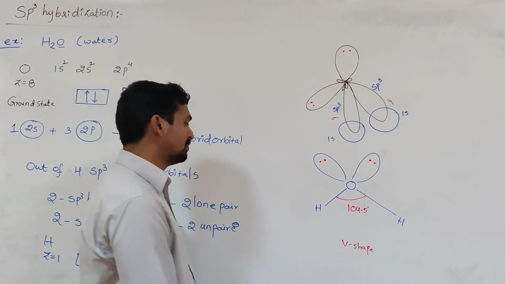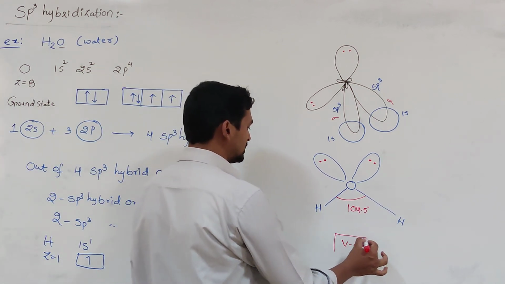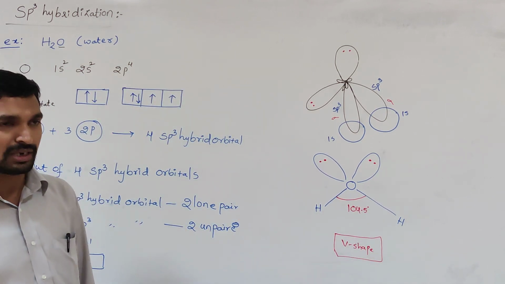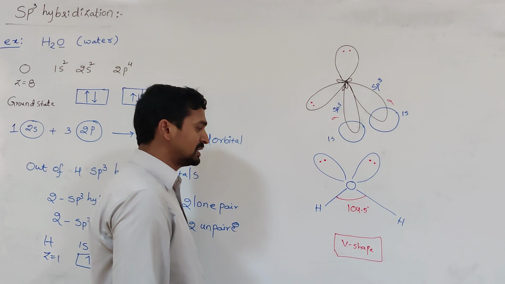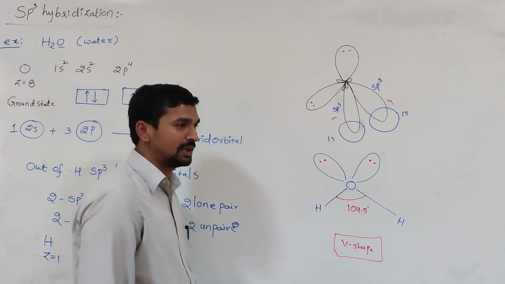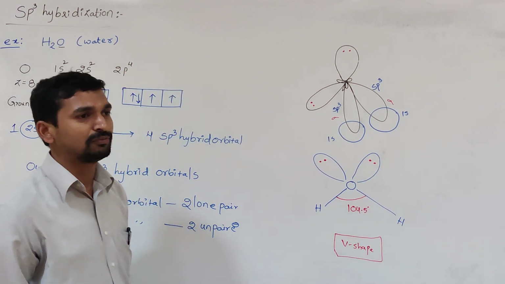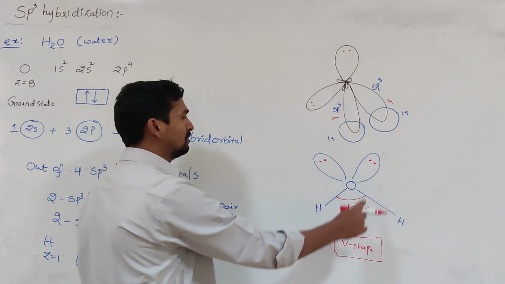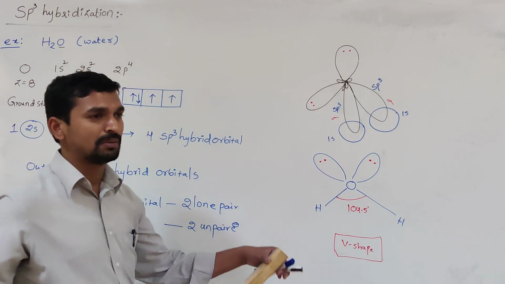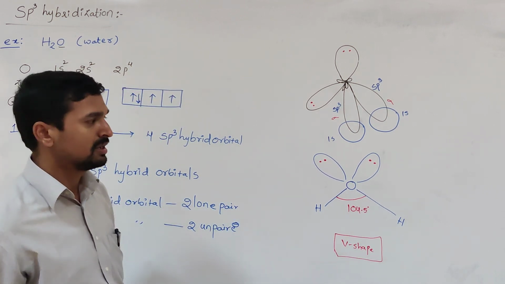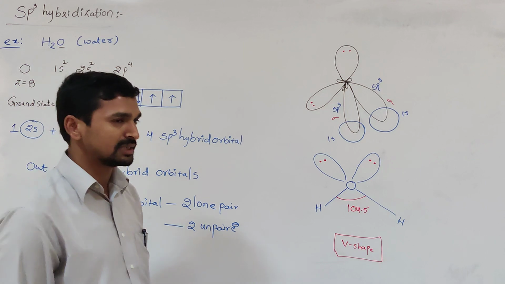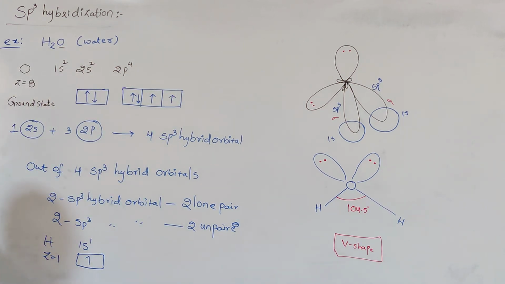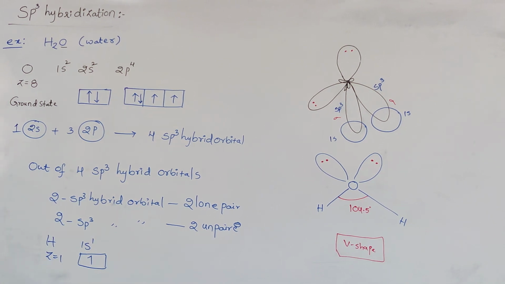So these are the 2 important points. The water molecule adopts what geometry? V shape, due to the presence of lone pairs of electrons. The regular geometry is distorted to the V shape or angular shape, and the bond angle is 104.5. It is reduced from 109.5 degrees because of the strong lone pair repulsion pushing the bond pairs very close together. That's why the bond angle decreases. So this is the best example of sp3 hybridization containing two lone pairs of electrons.